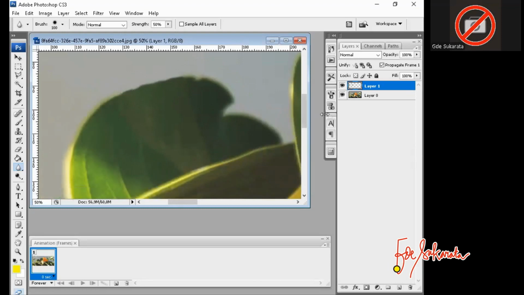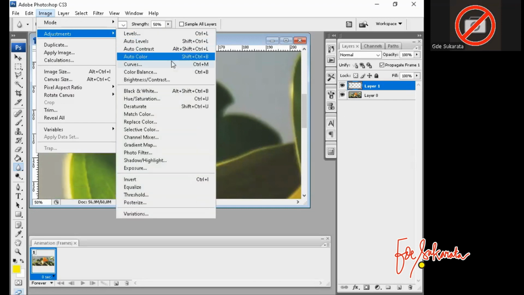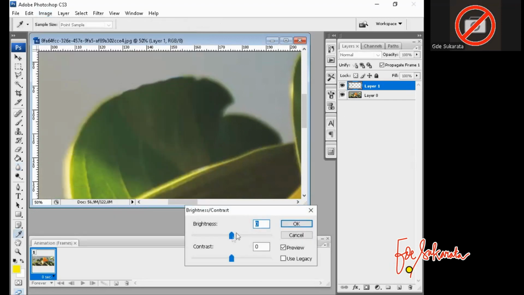Now we can adjust maybe brightness and contrast. You can modify by brightness and contrast. Here maybe it's it. Okay, to darkness, lightness.